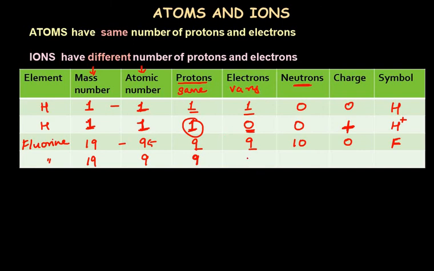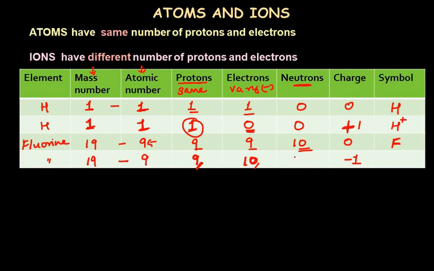So suppose here the number of electrons in a fluorine atom is 10. So what will be the overall charge? Are the protons and electrons the same? No. So what is more? The number of electrons is more, and as electrons have a negative charge, one electron is more, so the charge will be -1. Why is it -1? Because one electron is more compared to the protons.